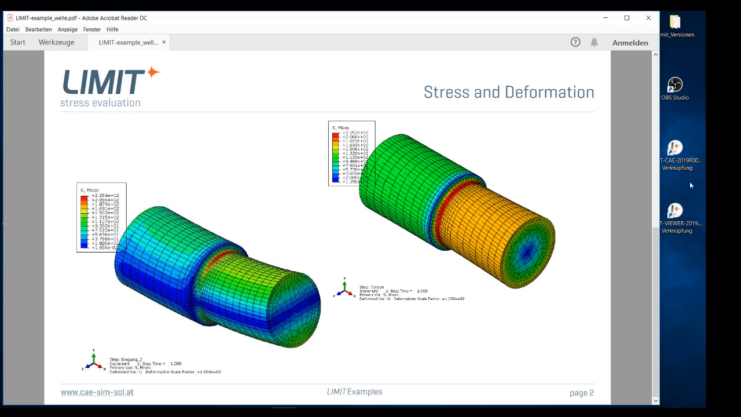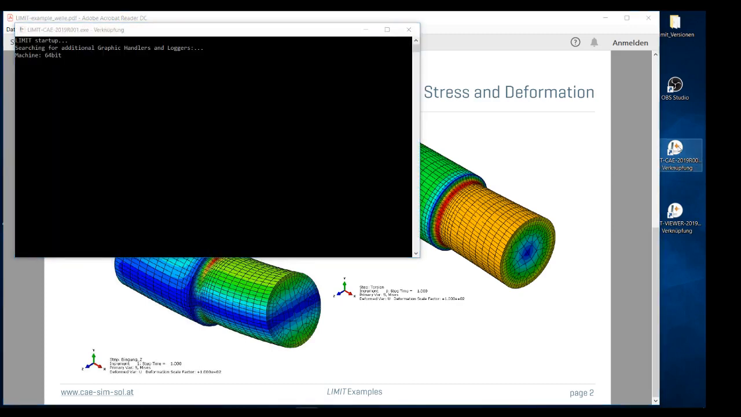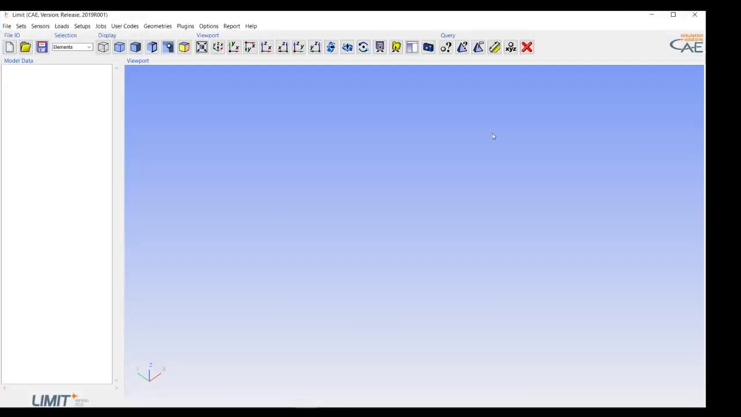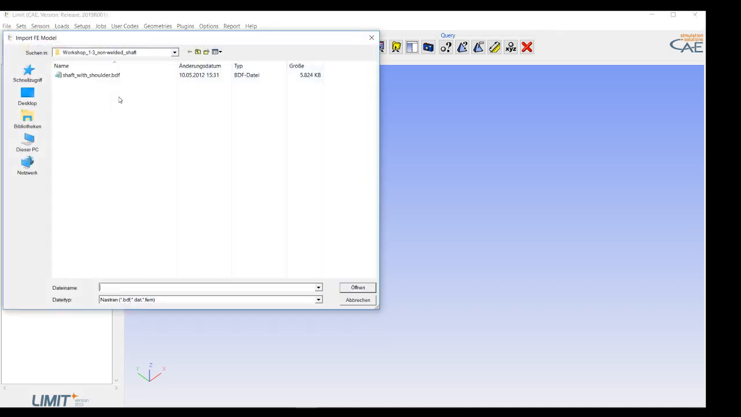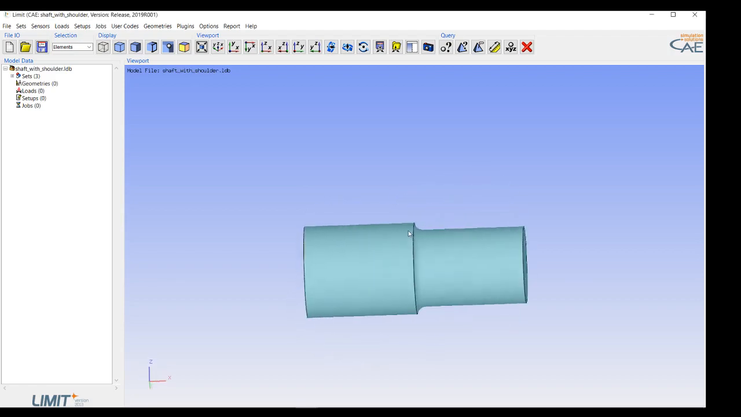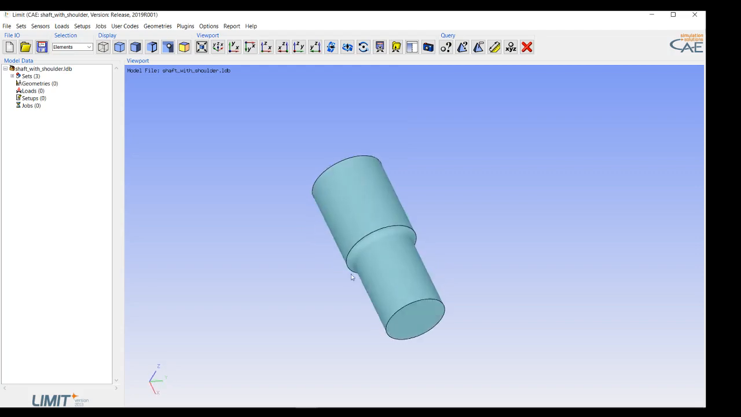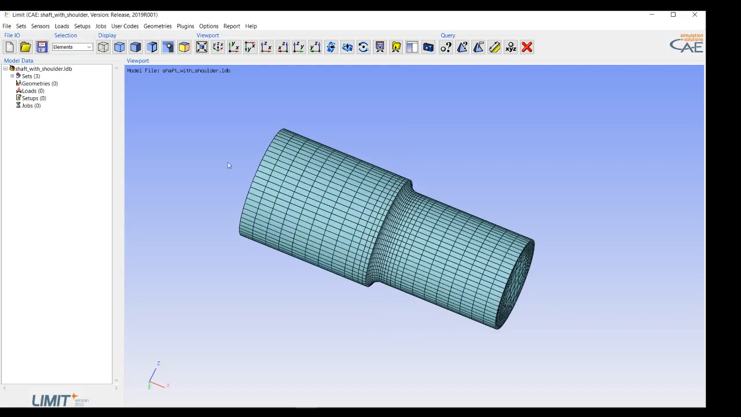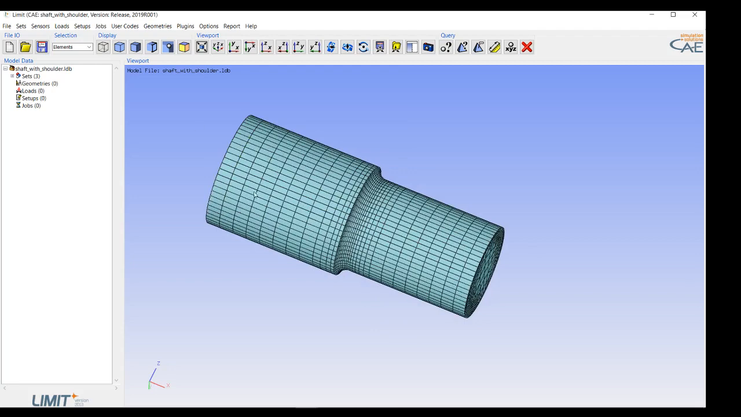Okay, so what are the main steps to do so with Limit? I will start the software by double clicking, and the first step is to import the finite element model. In my case, this is a Nastran model, and here we are. So the model can be manipulated mainly with the mouse. Zoom is with the scroll wheel,